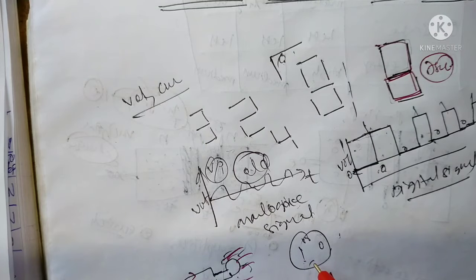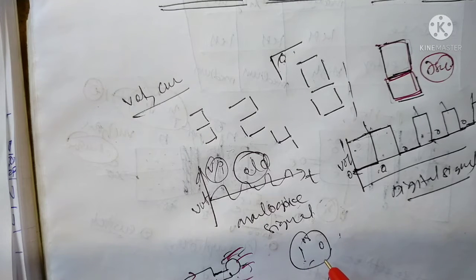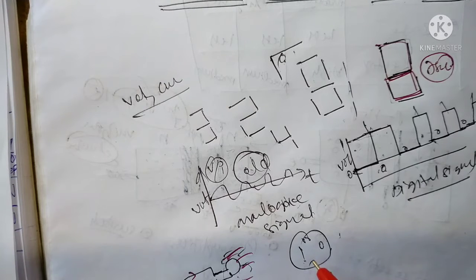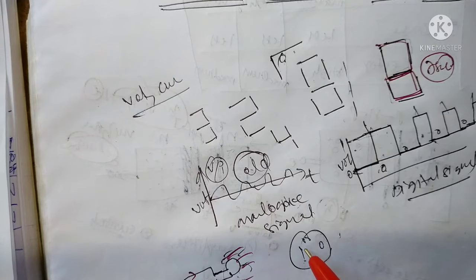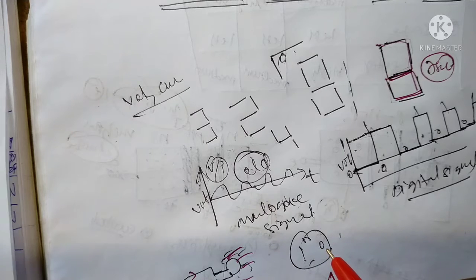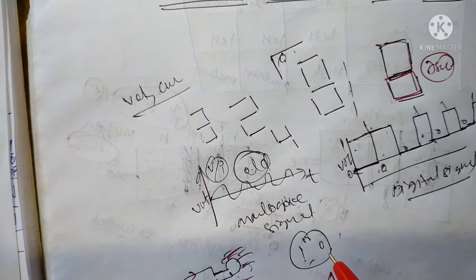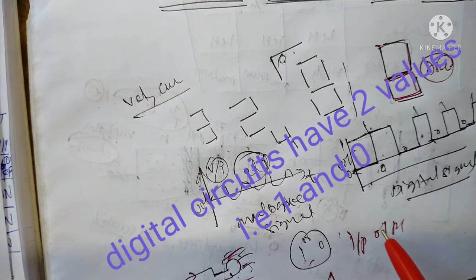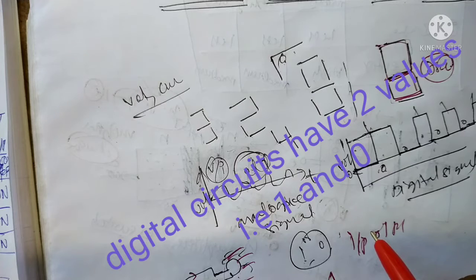The digital circuit has two values, 1 or 0, in the input or output, assembled in digital electronics or in the logic gates. Okay, what are logic gates? Logic gates are digital circuits that follow some logic relationship in the voltage or current form in the input and output. This is known as logic gates.